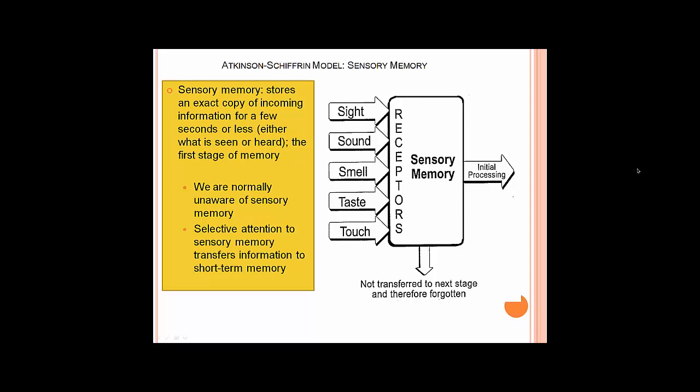So most of what hits sensory memory is gone. It's forgotten. You're not even aware of it. However, selective attention, another process of our brain, then transfers the information to short-term memory, if in fact that which is a sensory memory is worth our attention. So sight, sound, smell, taste, and touch all go into receptors, go into sensory memory, and then go off into initial processing. However, most of that, I'd say like 99.9% of it, is not transferred to the next stage,